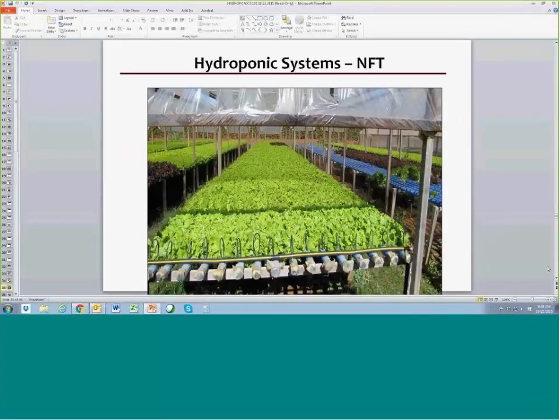Okay, good. So this is a very interesting system. It's an NFT also, but they're using pipes. It's interesting because of the magnitude. It's a very large operation, about 40 acres, growing different lettuce types. And you see basically they're using pipes as a supporting system. It's medium-less, so there is no medium attached to the roots, but basically the holes in the pipes are sustaining